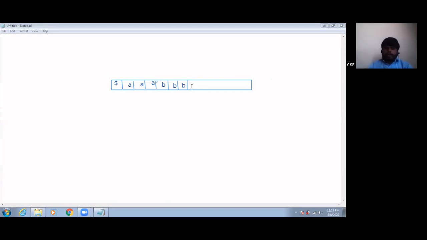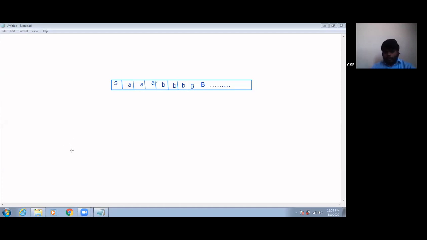Later we have symbols like blank, blank, because it is an infinite input tape. So triple A's and triple B's, and see that the diagram is very easy. Don't worry. Only the logic is important. Logic is very important here.